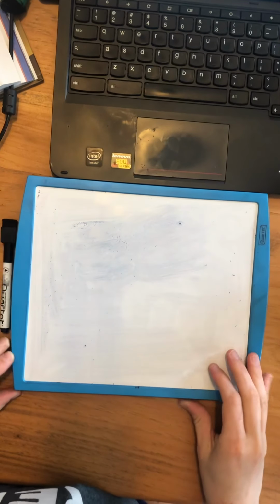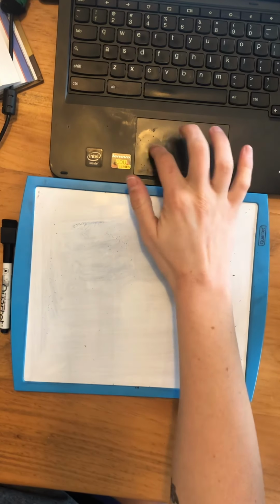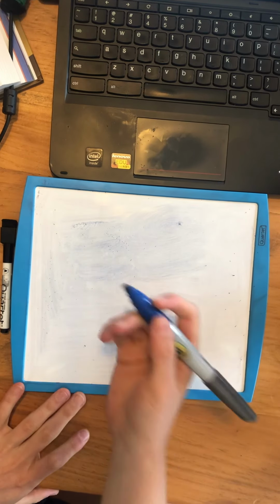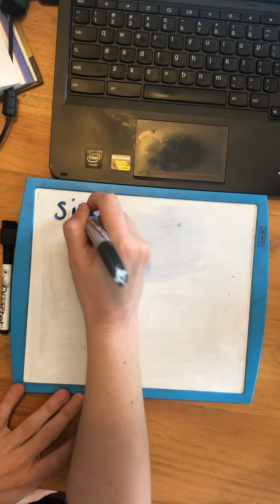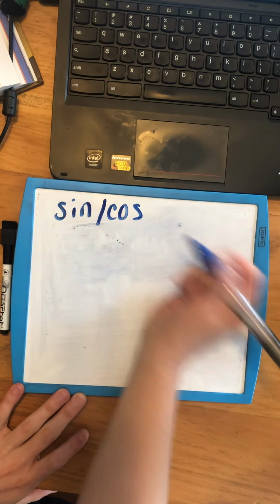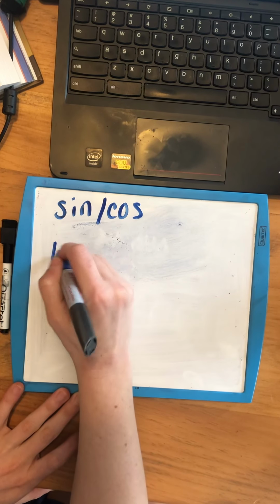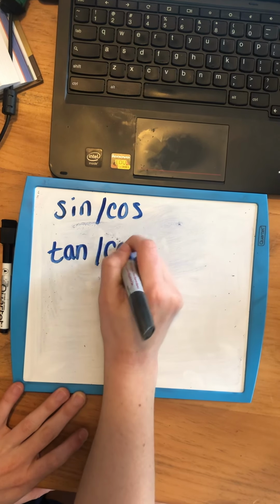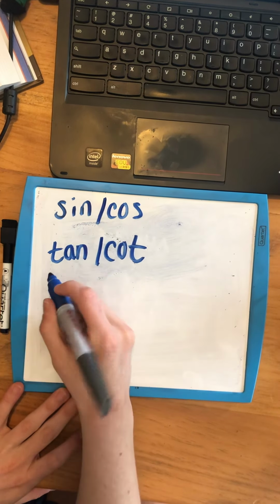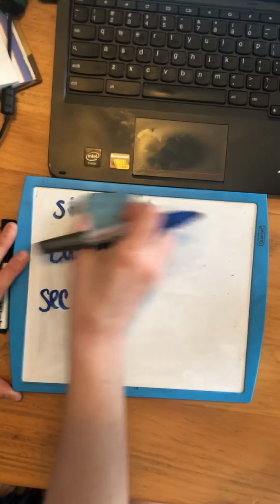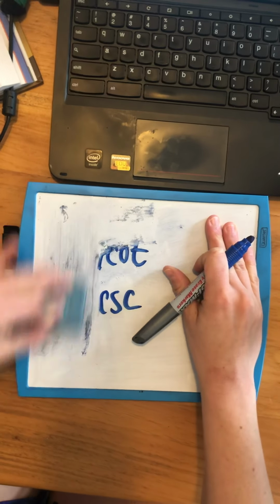All right, my friends. So now we're going to look at the next two identities, which are the co-function identities and the even and odd function identities. Remember, sine and cosine are co-functions. Tan and cotangent, and secant and cosecant. All these are saying